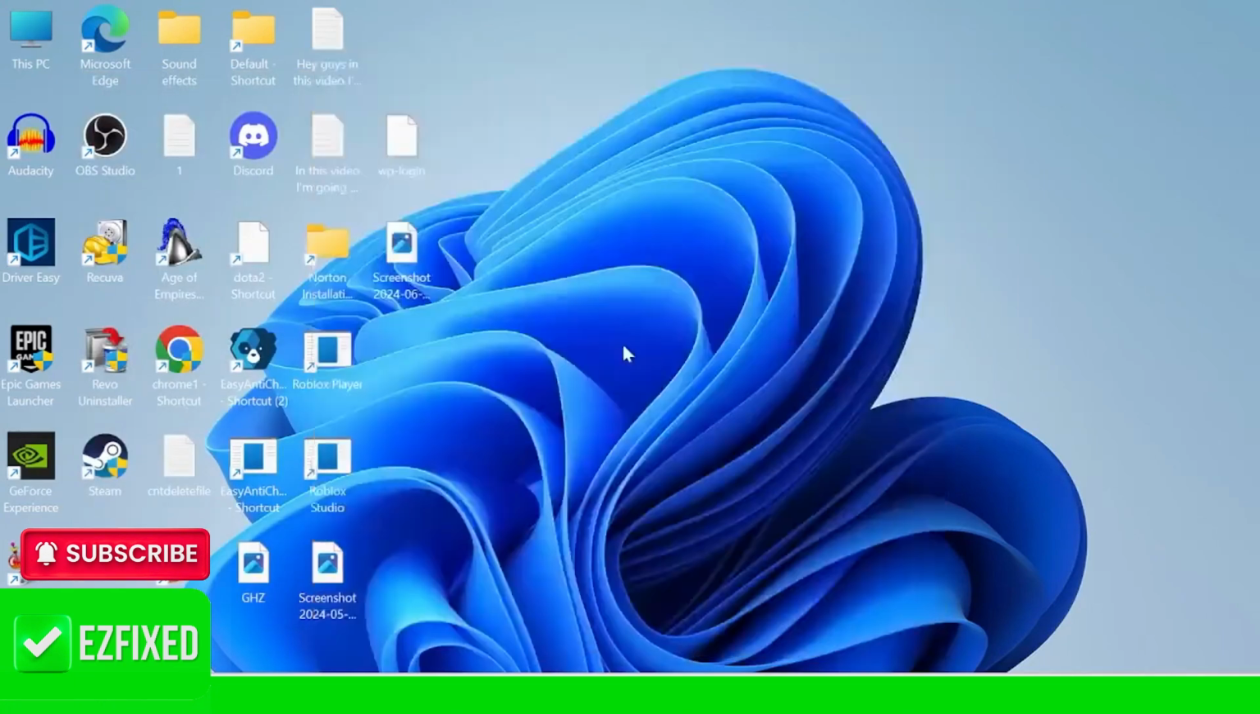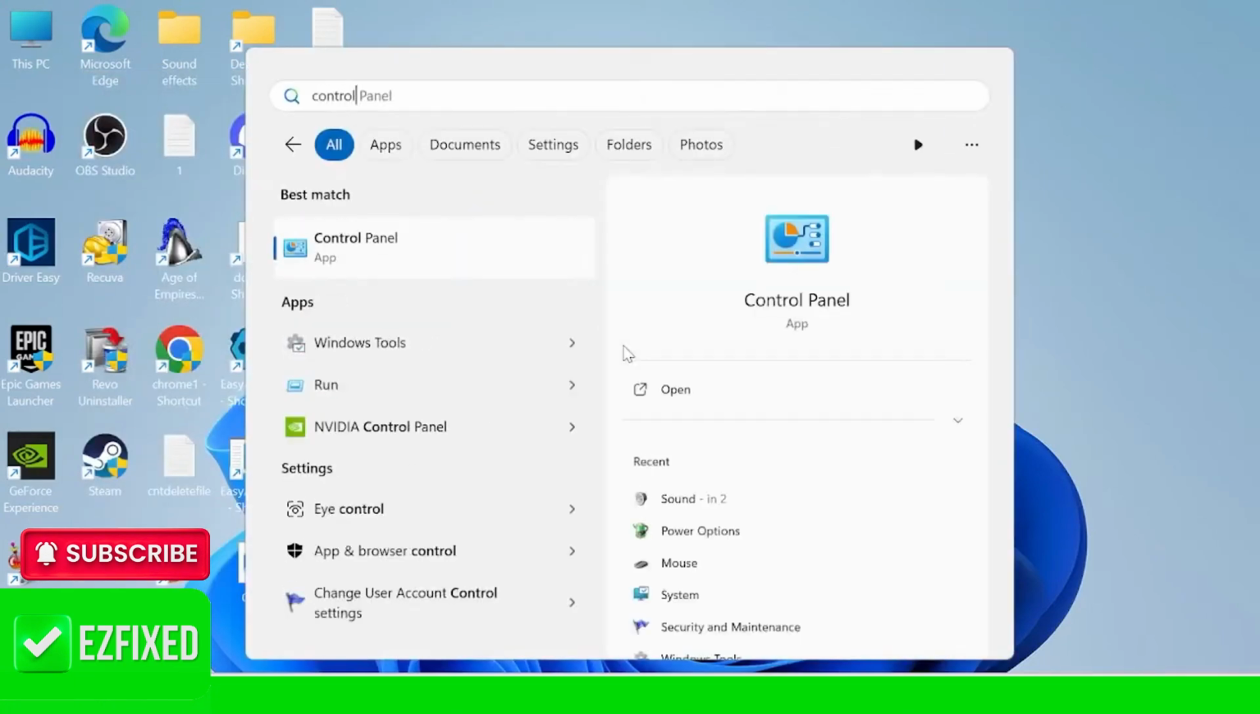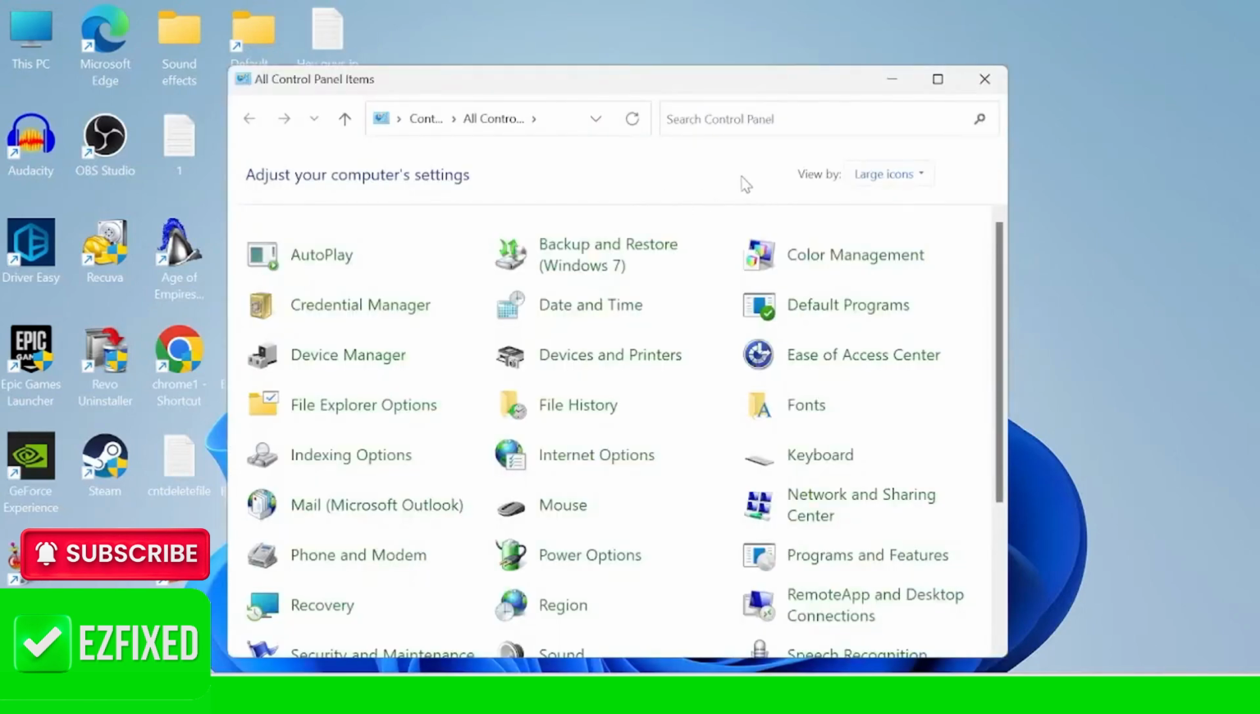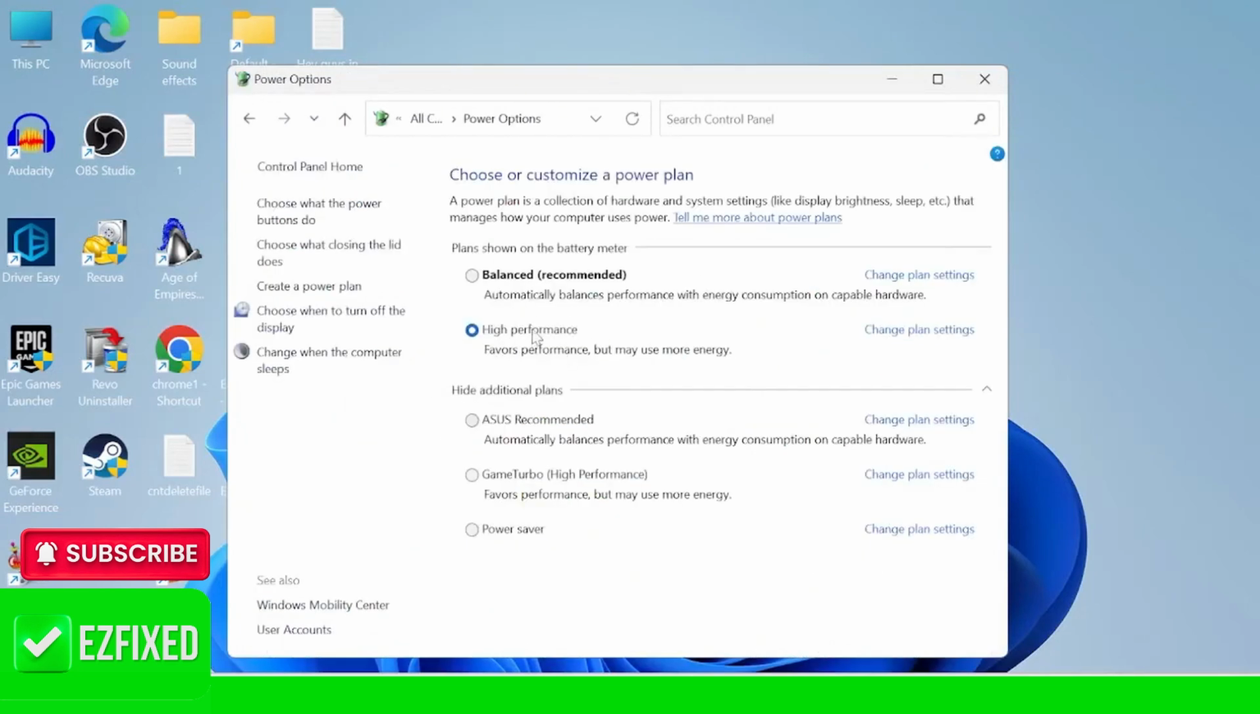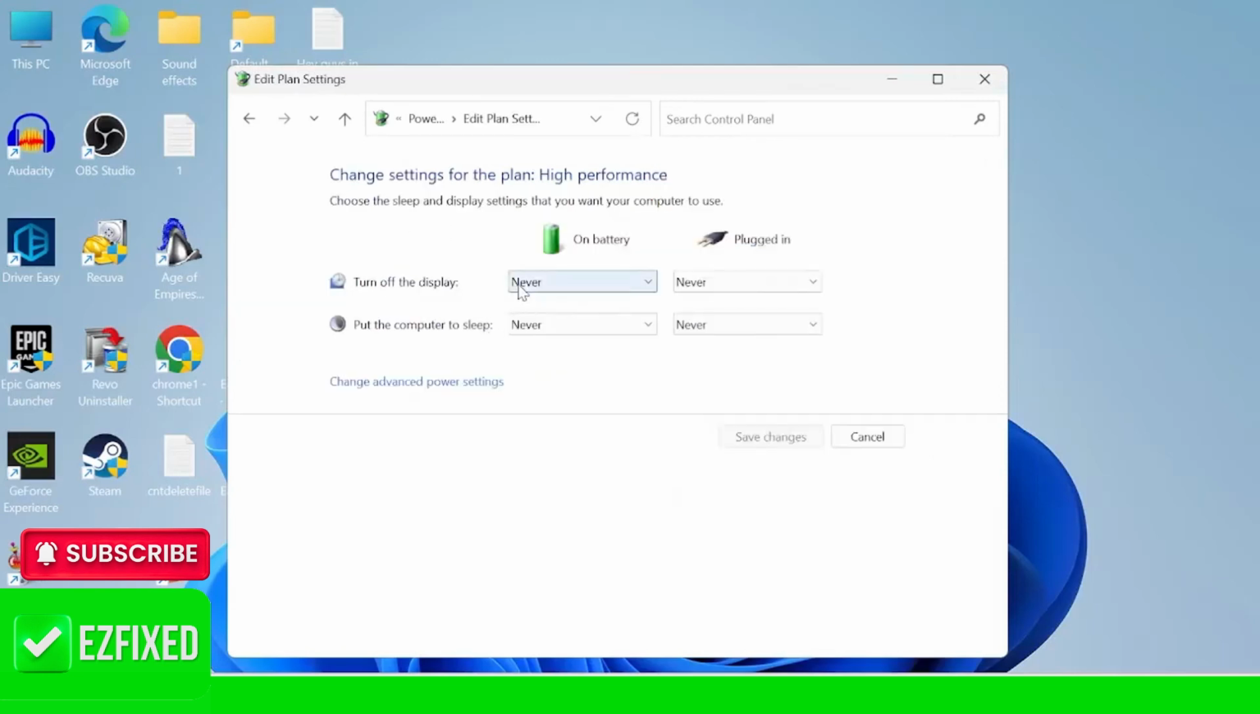And then head back over to the Start menu and search for Control Panel. Tap on the Control Panel tab, and inside of here make sure View By is set to large icons, and then come down to the Power Options. Inside of Power Options, make sure you have High Performance checked, and then come into Change Plan Settings. Inside of here we want to make sure all of these boxes are set to Never, and then come into